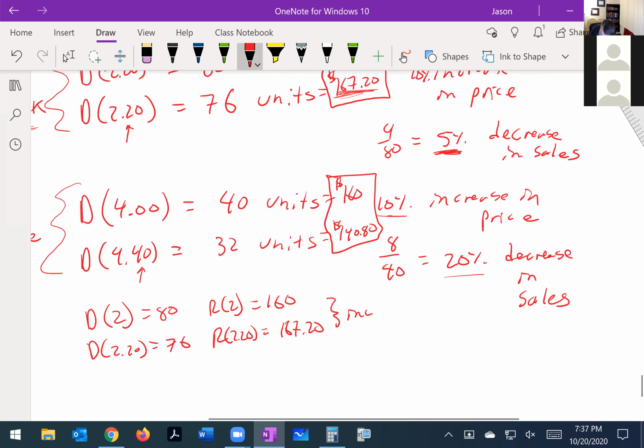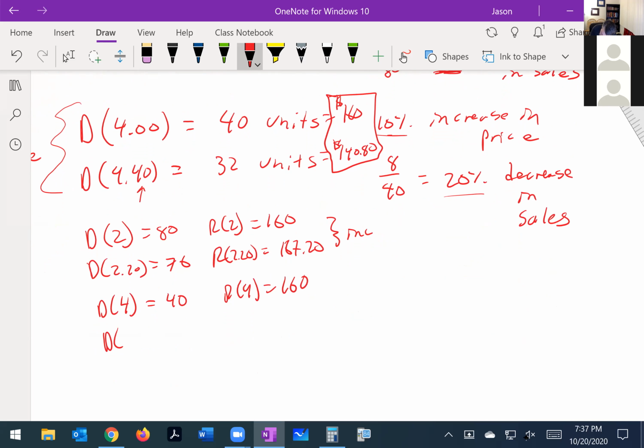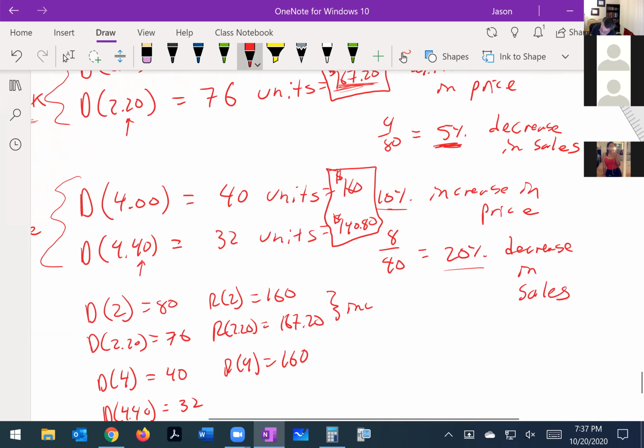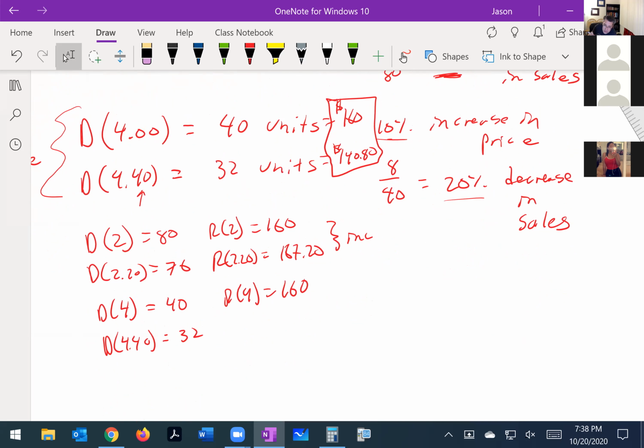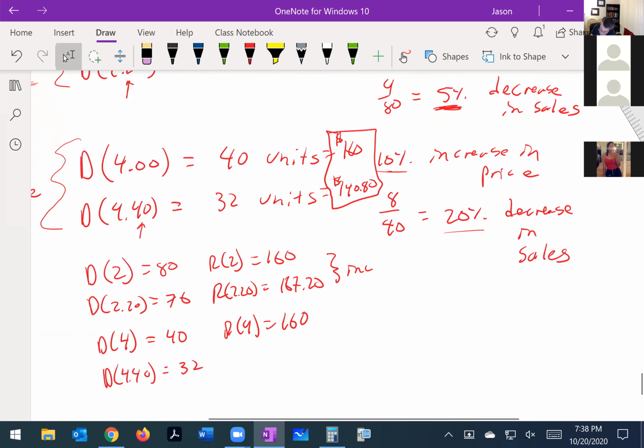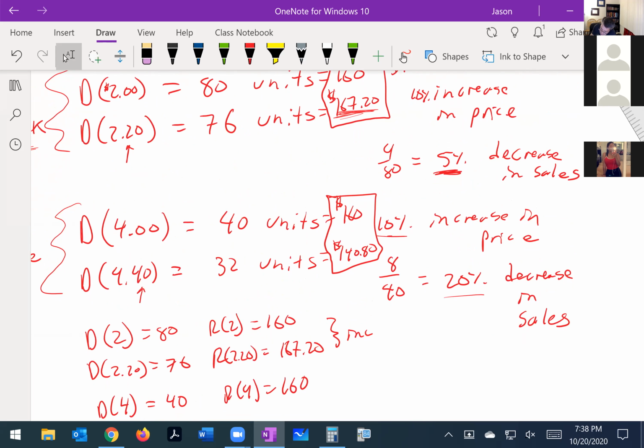Whereas the demand at $4 is 40, so I'm still making a revenue at 4 of 160, but the demand at $4.40 is 32, so significantly less comparatively. We lose 4 people over here, but we still make more money because the difference of the 4 people is recuperated in the increase in the price for